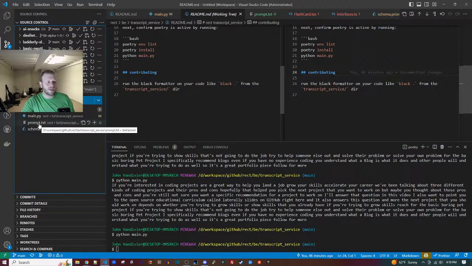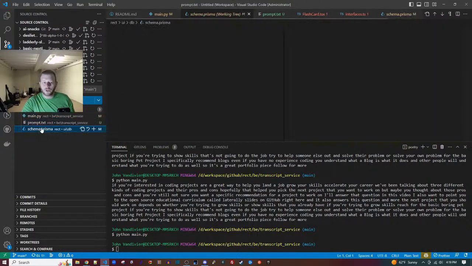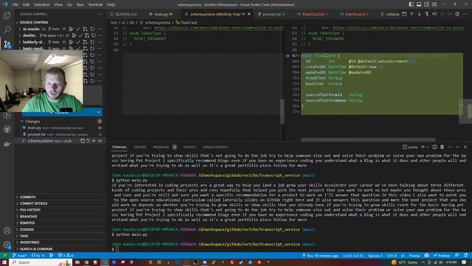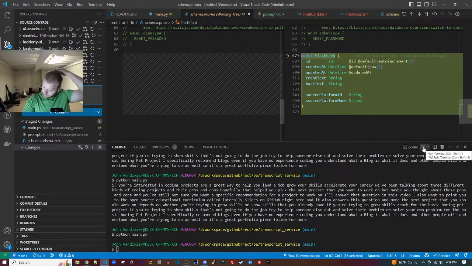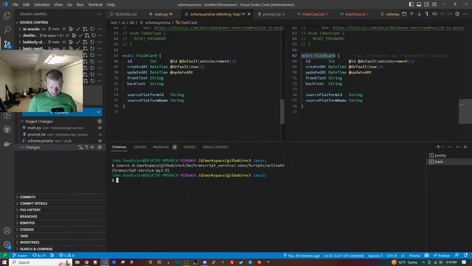Okay, so we added black, and now this new feature is prompt.txt. Let's go ahead and put these together. Since we're doing both of these, we want to create the migration to go with that schema change. So I'm going to open a new folder in the UI.